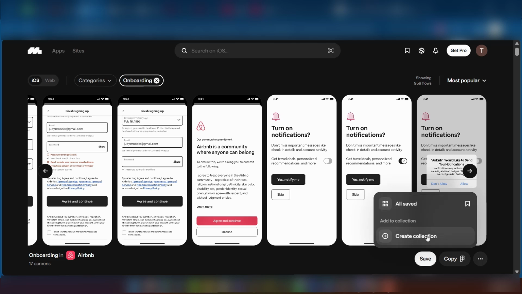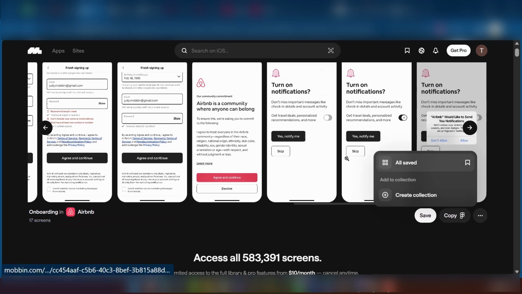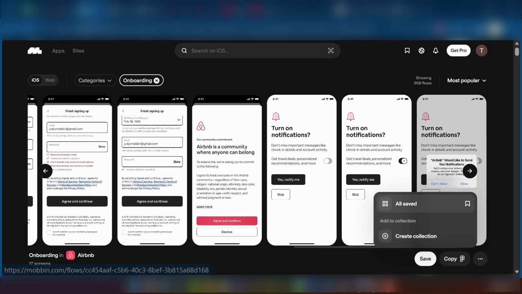You might have a collection for best dark mode UIs or cleanest SaaS dashboards. If you're working within a team, you can upgrade to the team plan to create shared collections. This allows your entire design team to drop inspiration into one central place, making your mood boarding process seamless and collaborative. At this point, it's clear that Mobbin is the bridge between "I have an idea" and "I have a